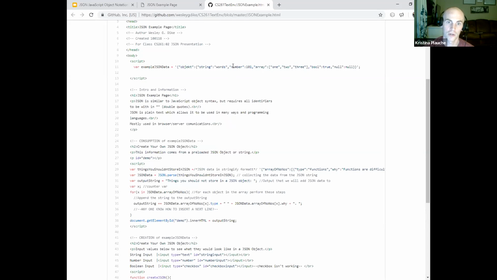And then whatever your value is, whether it's a number, a string, an array, another object, a Boolean, true, whatever it is, you can have that follow your assignment operator and then separate each value by a comma. Okay, cool. And then, like any other assignment, you need to end it with a semicolon. So any other questions?